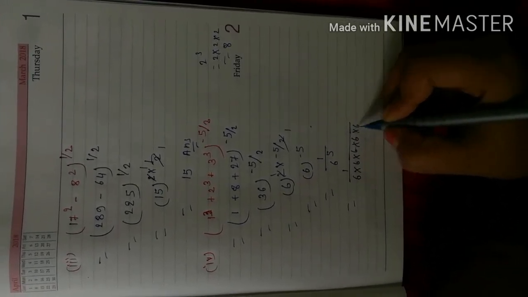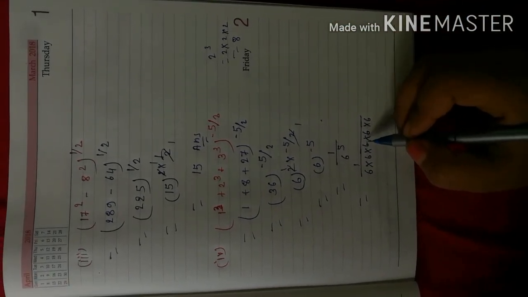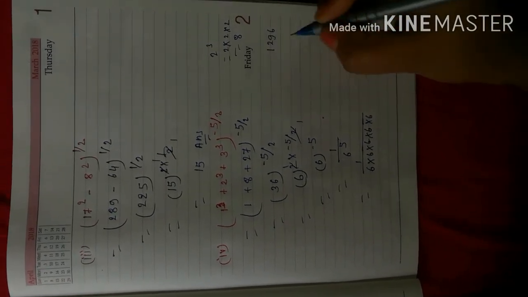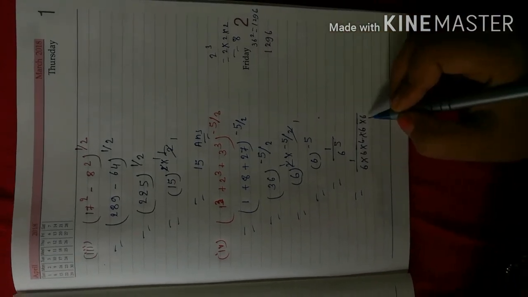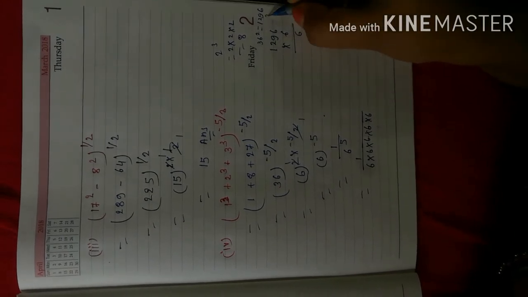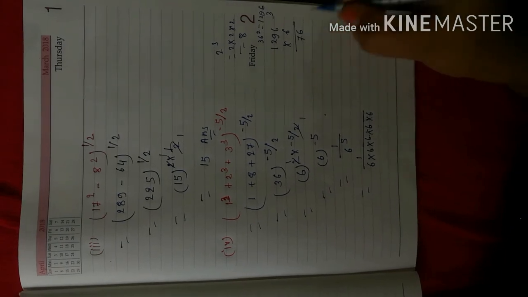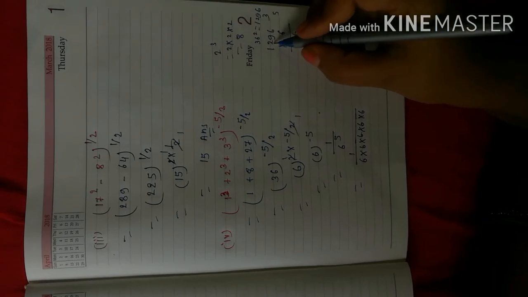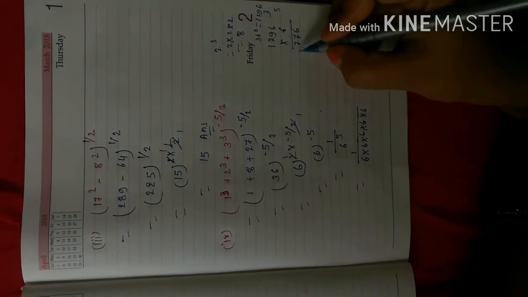Now we will multiply it. 6 sixes are 36 and 6 sixes are 36. Square of 36 is 1296. Now again we will multiply it by 6. 6 sixes are 36, now 3 carry. 9 sixes are 54 and 3 is 57. Now 5 carry. 6 twos are 12, 12 and 5 is 17. 1 carry. 6 ones are 6, 6 and 1 is 7.